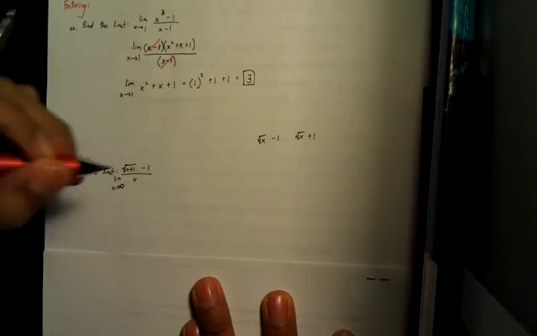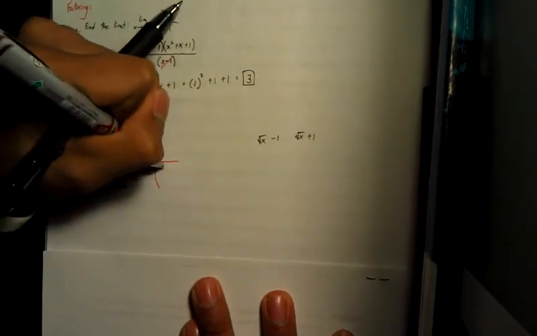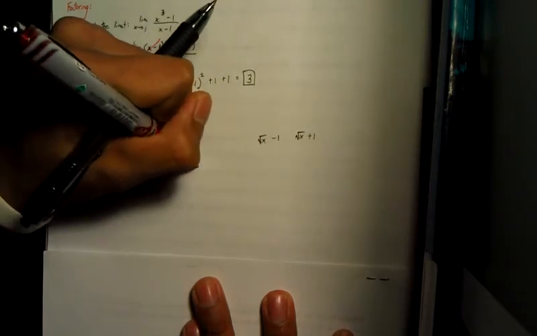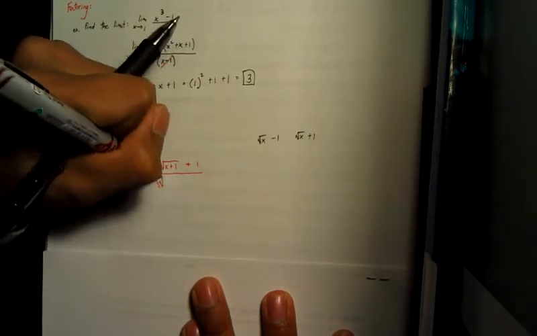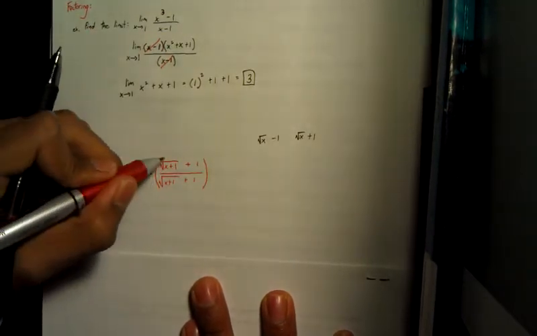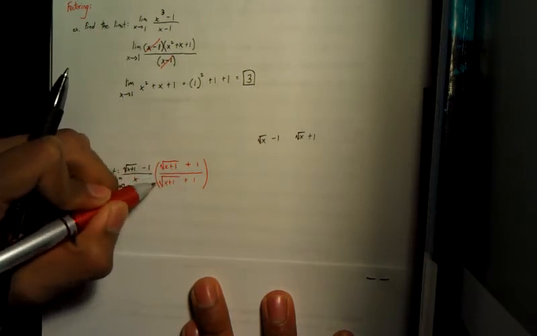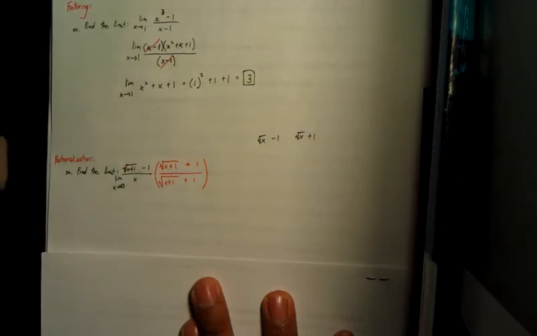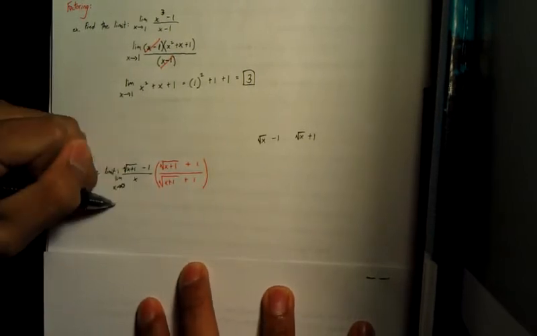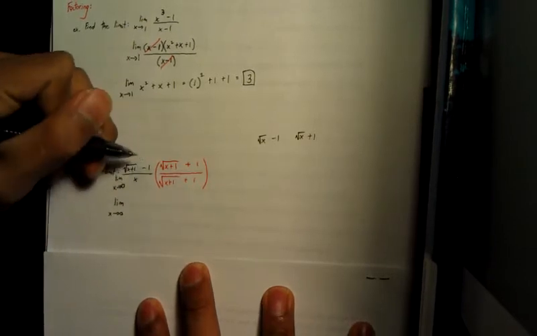In this case, that conjugate is going to be of the numerator, so you're going to multiply by square root of x plus 1, change the sign, so that's going to be plus 1, and all over the same thing, because essentially you're just multiplying by 1. I mean, the square root of x plus 1 divided by the square root of x plus 1 is just 1. So after doing some foiling, you get the limit as x approaches 0 of